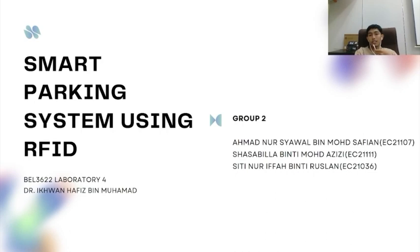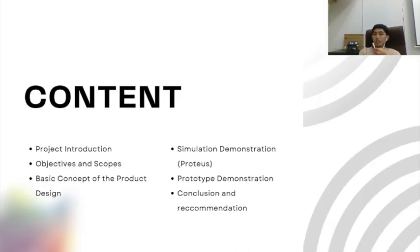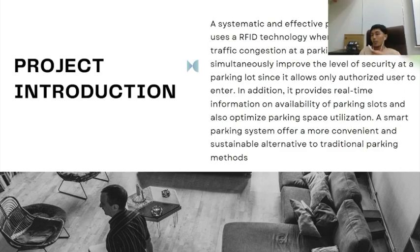So I will explain the project introduction first. The problem that we want to solve is to minimize the traffic congestion that happens in the parking park, which is a common thing that we see every day. We also want to improve the security level or security feature that not many parking systems have. So we want to create a systematic and effective parking system that uses RFID technology,